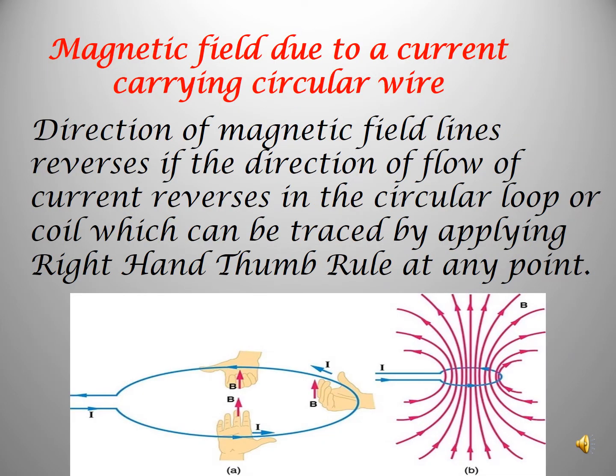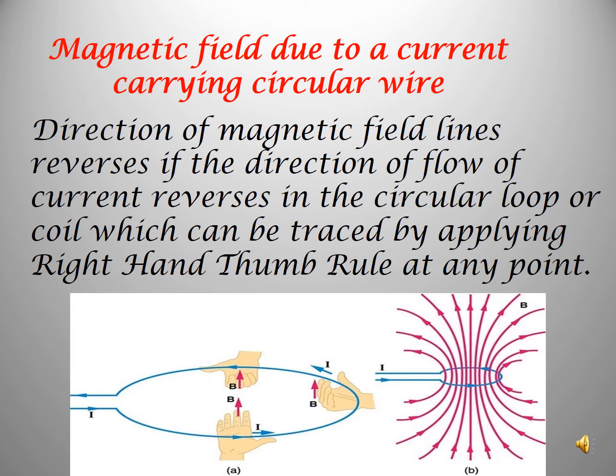As we discussed just now, every part of the loop is governed by right hand thumb rule. If you place your right hand thumb up along the direction of the flow of the current, the way the other fingers of your right hand wrap will give you the direction of the magnetic field lines produced. I have depicted this in a picture. You can just watch it and try it out yourselves to get convinced.